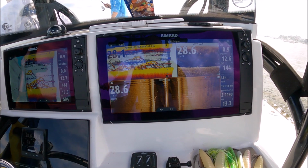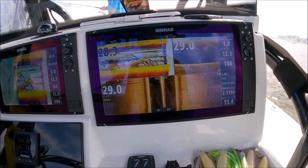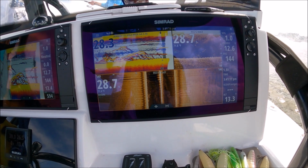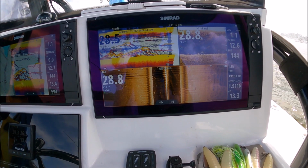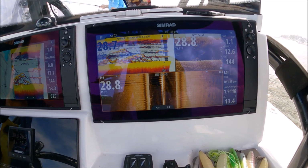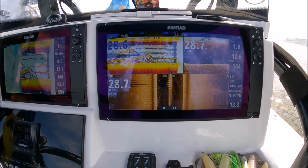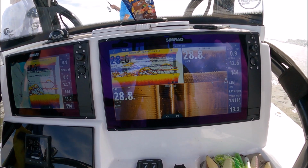So right here it's slack, so we have to work on these fish. He didn't feel that strike, obviously, so probably the fish are just touching the baits, just barely here. And we had to work on them for a while. We didn't run away. We kept the spoons down and really worked on them hard. And if you look on the left side of the side scan, you'll see right here the fish are hanging on that left side. So we're drifting left to right from port to starboard, and these baits scope away from us, and they'll hang 20-30 foot to the left of the boat as we're working them, and the school will